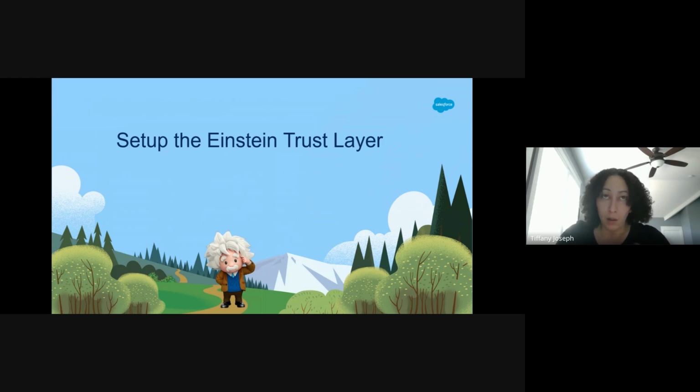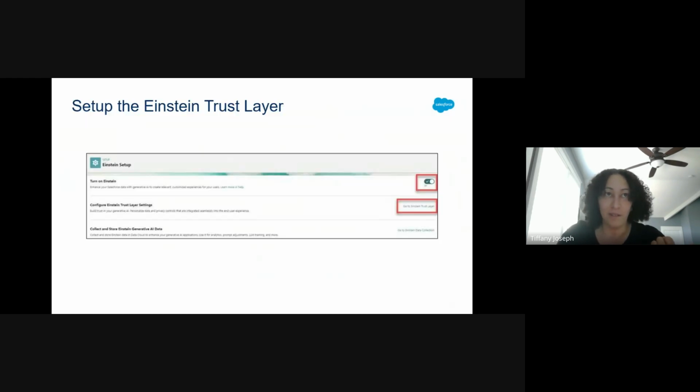The hardest part about all of this is setting up the Einstein Trust Layer. You want to go to Setup, then Einstein Setup, then the generative AI menu. And then you want to toggle on the button that says turn on Einstein. You can see the options for configuring the Einstein Trust Layer settings. There's a note that you may want to refresh the page. And then once you refresh the page, you'll be able to see